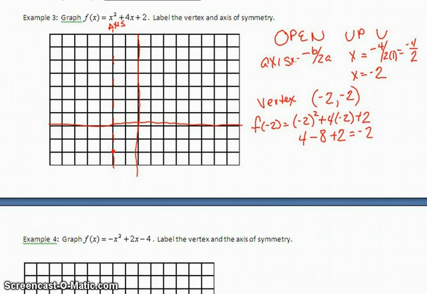Now, I need to find points on one or the other side of this graph. So I make an x, y table. The easiest point to find is 0. Substituting 0 in for x, I'll have 2. And I also think I'm going to put in negative 1 this time. So f of negative 1 equals negative 1 squared plus 4 times negative 1 plus